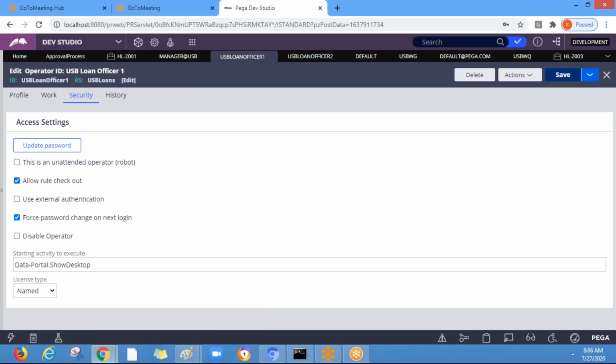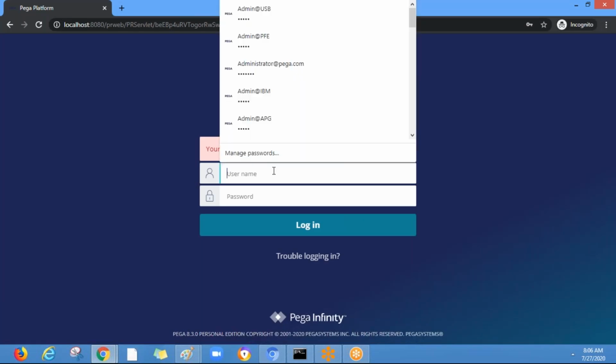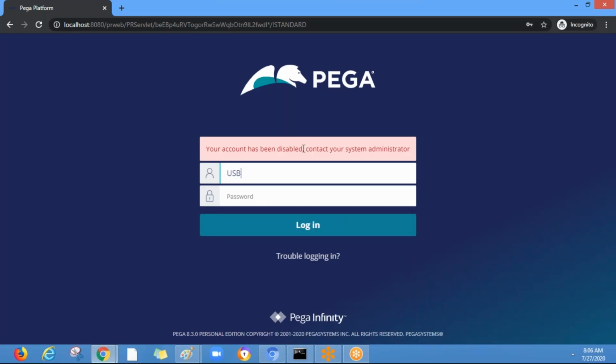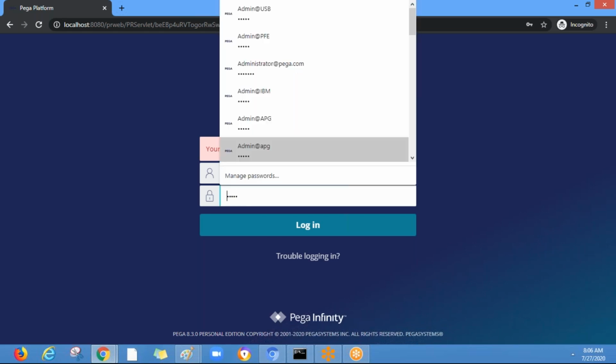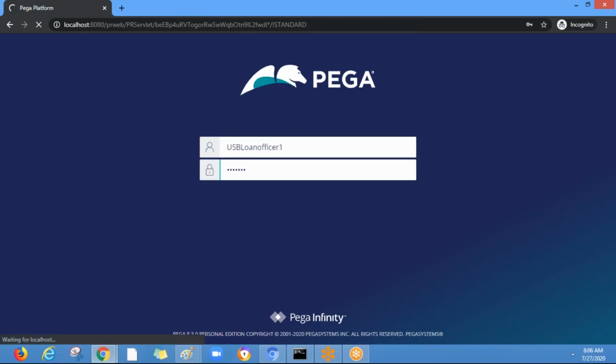So allow rule checkout, right? That means this operator will be able to check out. If you disable it, the operator cannot. For manager operators, we enable that because we delegate some kind of rules to the managers and they can change themselves in the production environment.